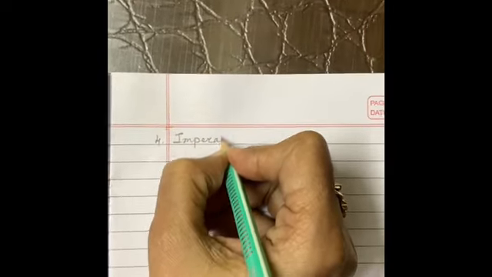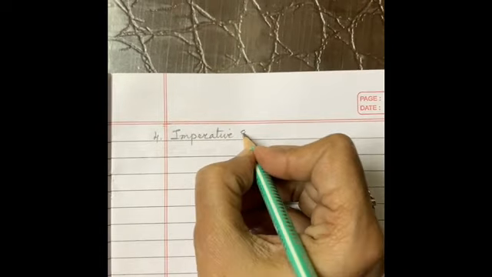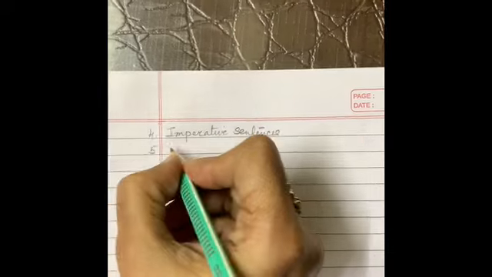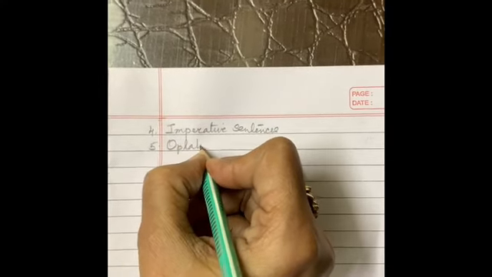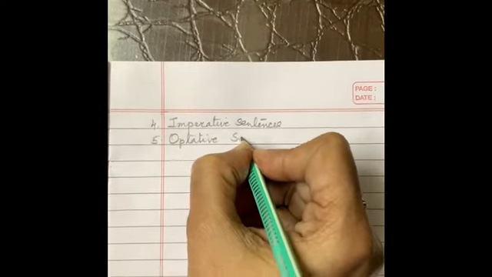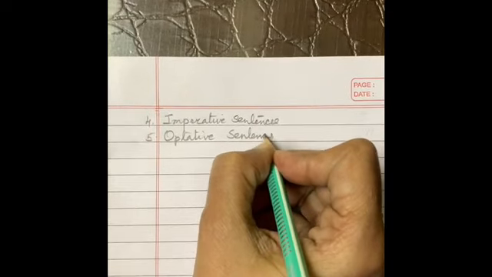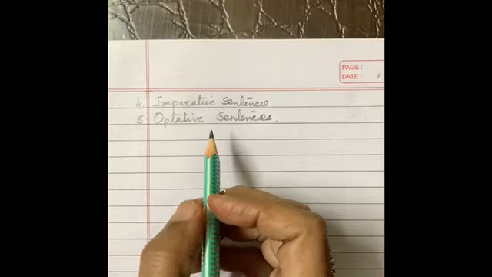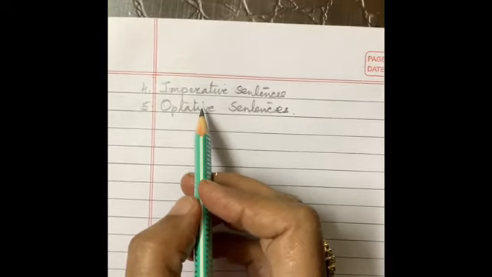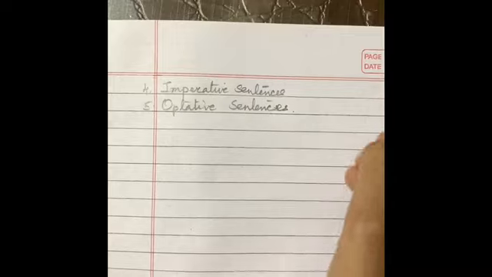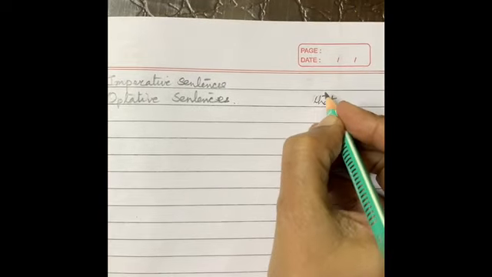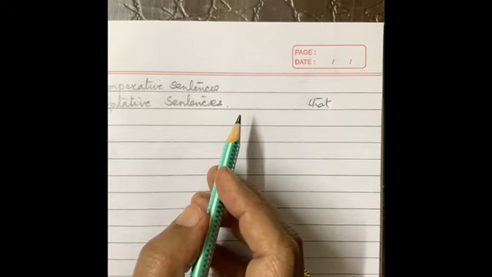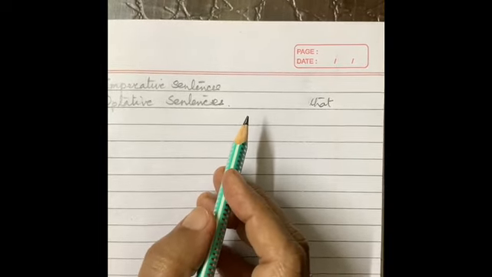Then coming to the next: imperative sentences, optative sentences. Now, optative sentences also use that as conjunction, just like exclamatory and assertive sentences.